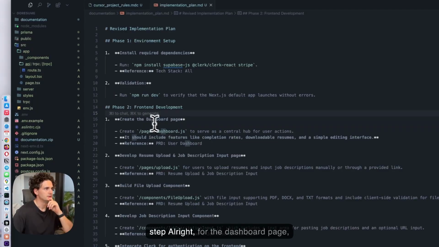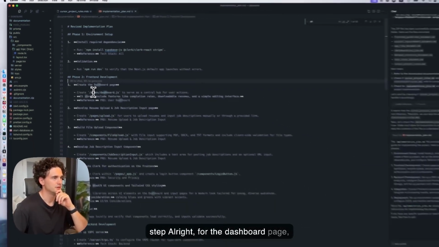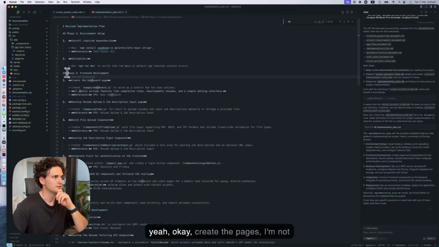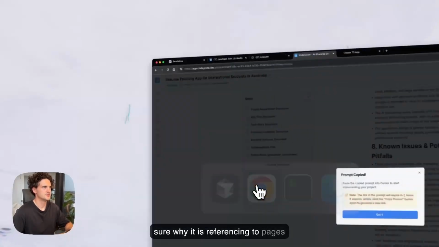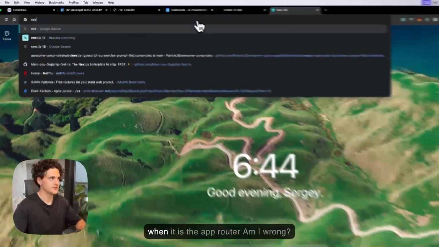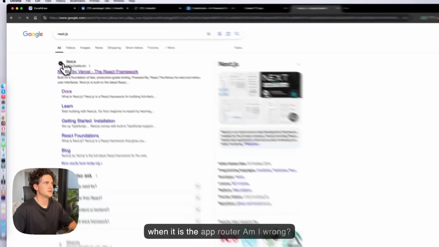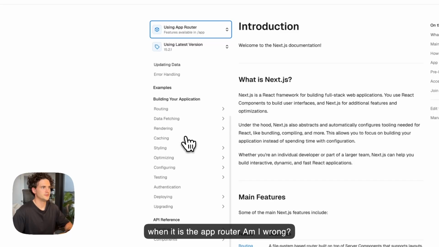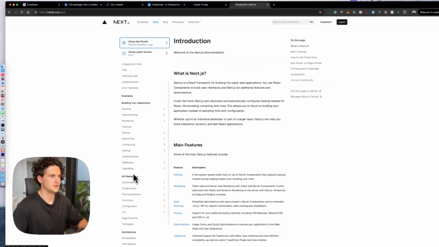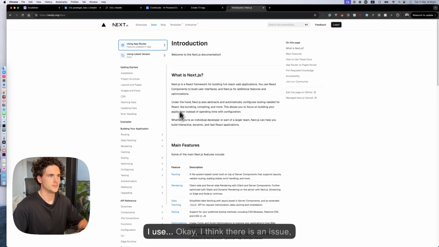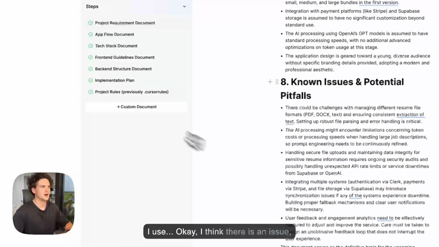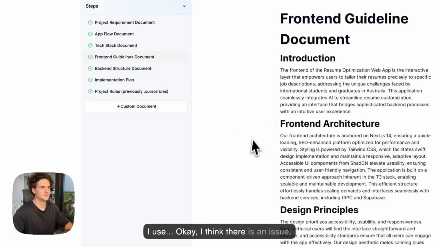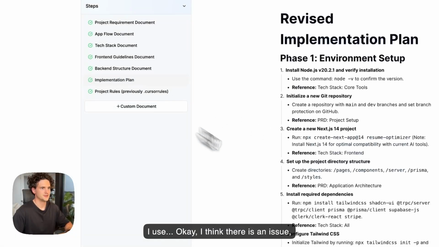All right. For the dashboard page, okay, create the pages. I'm not sure why it is referencing pages when it is the router, the app router. Am I wrong? If I use, okay, I think there is an issue,